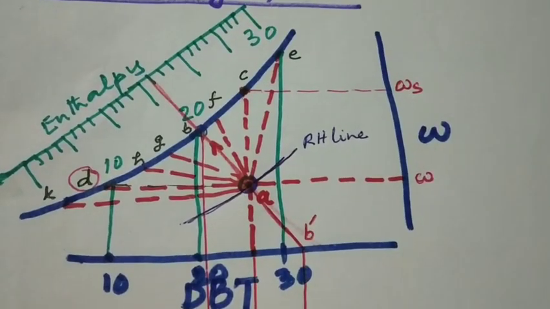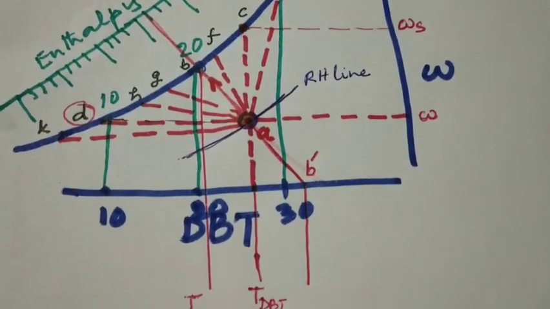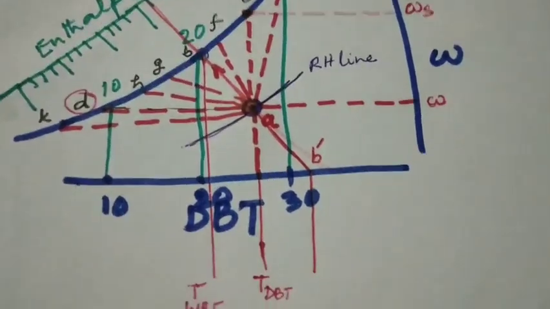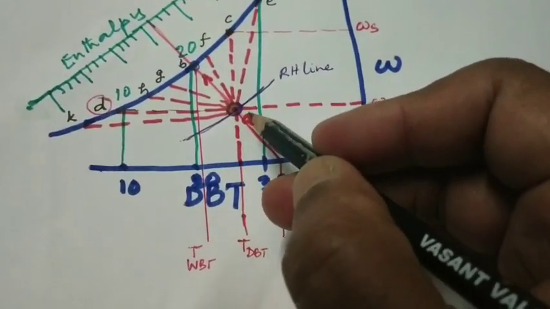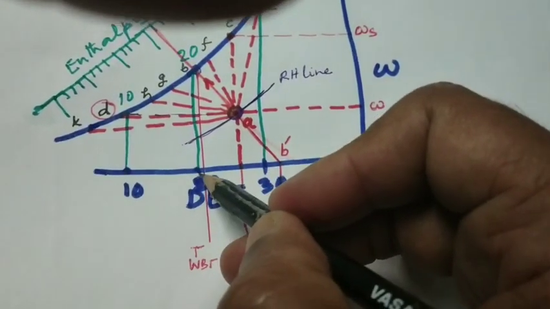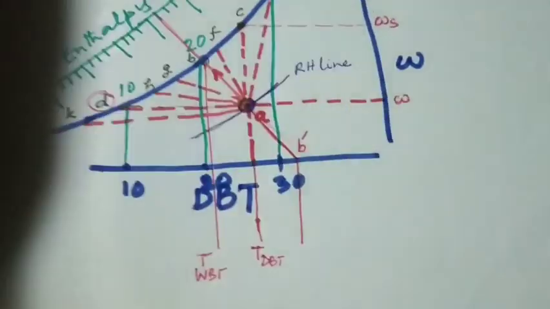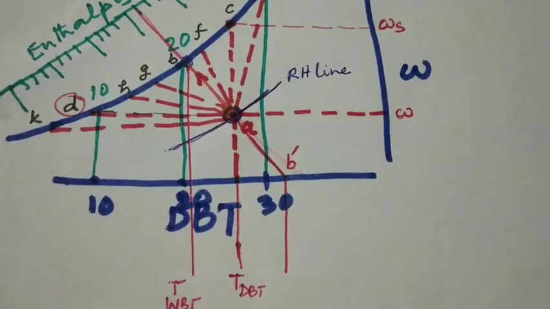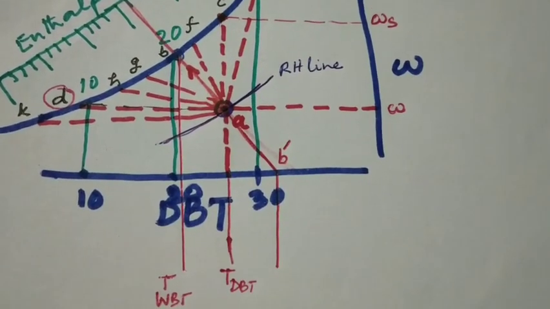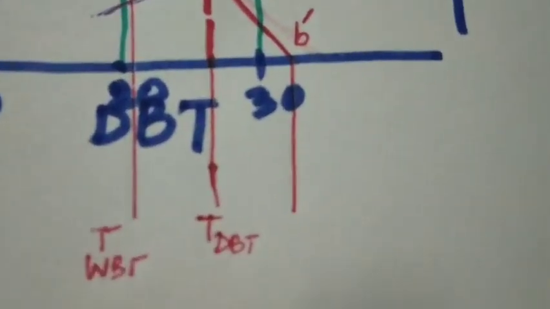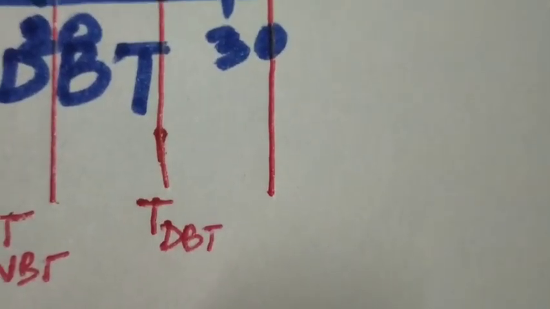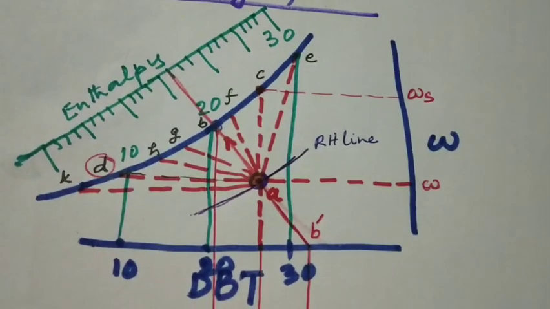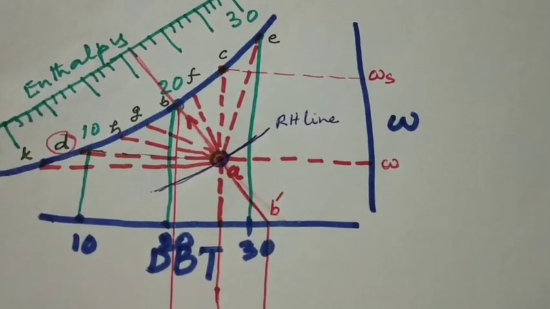For example, the point A has a certain value of dry bulb temperature, which is the extension of the point A in the dotted form, which goes down. So this particular value, which is between 20 to 30 degrees, seems to be 26 degrees centigrade or so. So an air named as small a has a dry bulb temperature, DBT, which seems to have a value of 26 to 27 degrees centigrade. Now this is the value of the dry bulb temperature of this air.